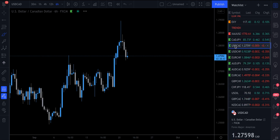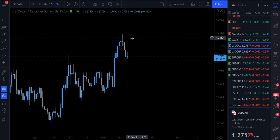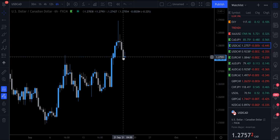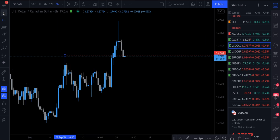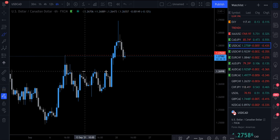The next pair that I'm looking to trade is USDCAD. And so bearing in mind all of the setups that I've just showed you are on the 4-hour and 6-hour. So this is USDCAD on the 6-hour time frame. And so we have our breakout high here. And we have some structure within here. Okay, so